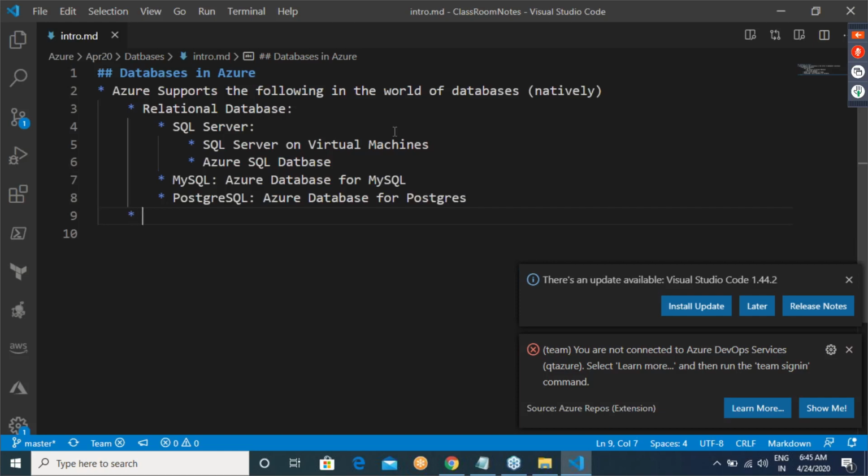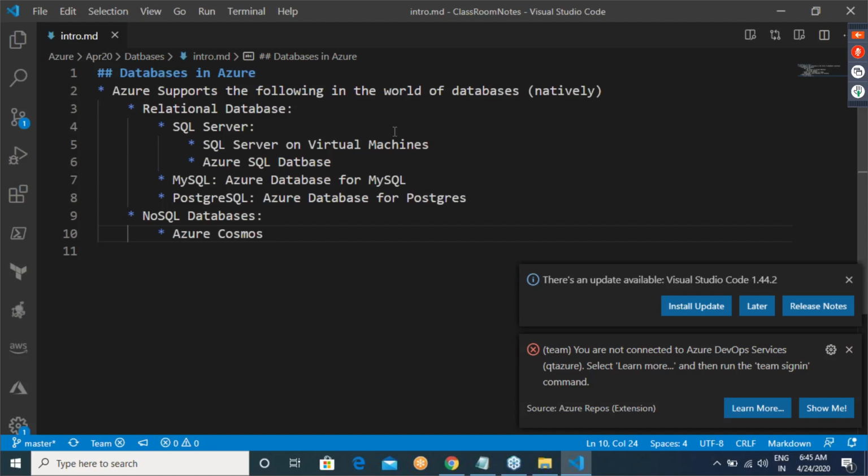But when it comes to NoSQL databases, for the companies which are using Mongo and Cassandra and all of that stuff, Azure gives you something called Cosmos.